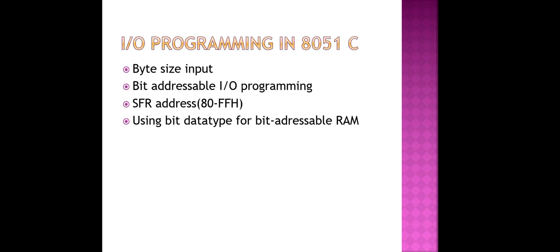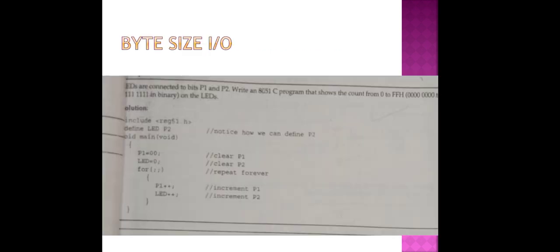Then the next subtopic is using the bit data type for the bit addressable RAM. The sbit data type is used for the bit addressable SFR registers only. We need to store some data in the bit addressable sections of the data RAM space, 20 to 2FH. We use the bit type of programming to access these RAM locations. Then programming for the